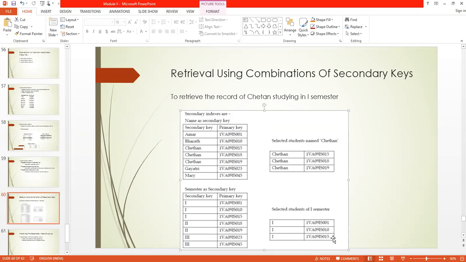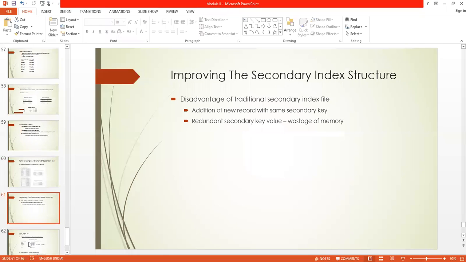Then go to the primary index file for IS15 and find the byte offset. Fine. So that is about the secondary index file. I think there is no doubt in the secondary index file. It was similar to a repetition of the primary index file, but it is not actually a repetition. Fine. Now, improving the secondary index file.